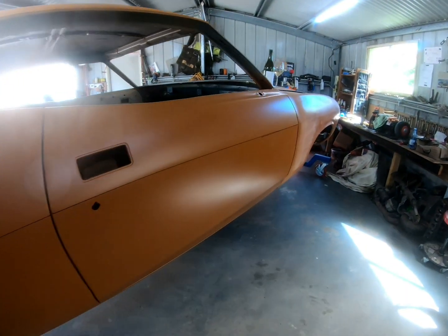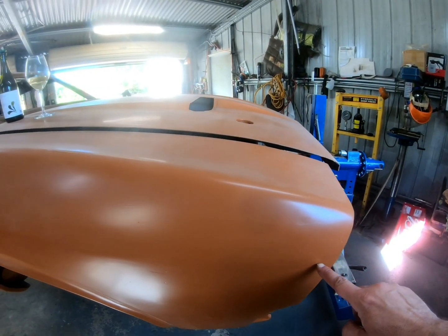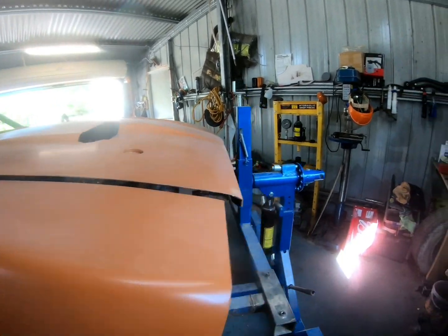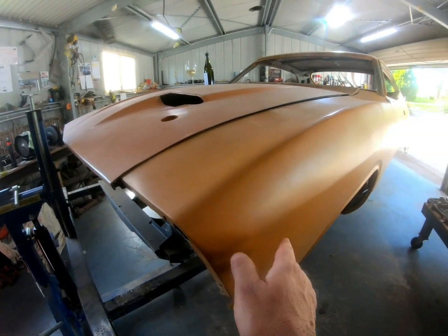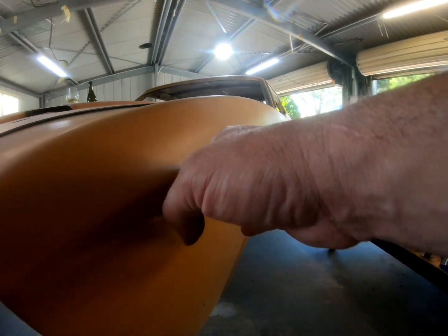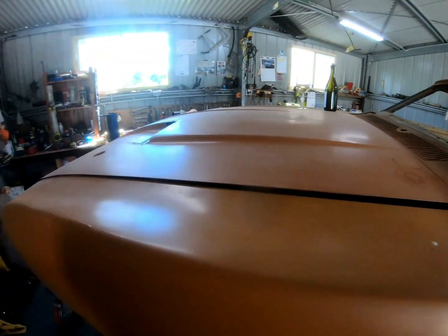Overall, there's a body line that goes across here, and then it sort of breaks up around here and blends in. I've got this side pretty good, but I know the other side needs a bit of work. Sorry, no, that side needs work, this side's good. So see that body line goes across here, but this guard's actually dropped, it's not on properly. The bonnet,